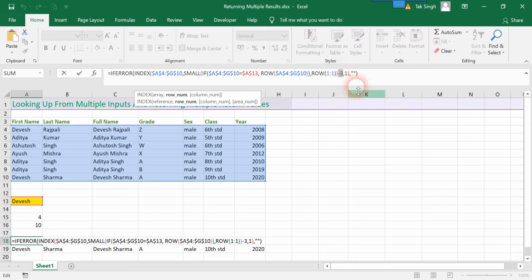These are the two mistakes, these are the two spots: -3 and control shift enter. Subtracting the number from the row and using control shift enter as the execution key are the two things that you should be looking for if your code or this set of formulae is not working properly.